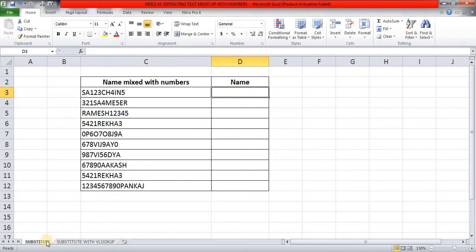So in this case we are going to use the SUBSTITUTE function, which is a very simple and self-explanatory one. And with the help of the SUBSTITUTE function, we will try to extract these names which are mixed up with numbers. So in this case, let's concentrate on this first record, which is my name Sachin, and it is mixed up with these 5 numbers 1, 2, 3, 4 and 5. So I'll start with SUBSTITUTE,